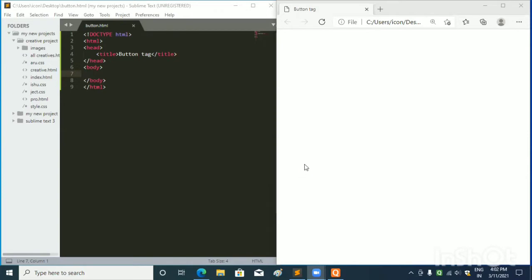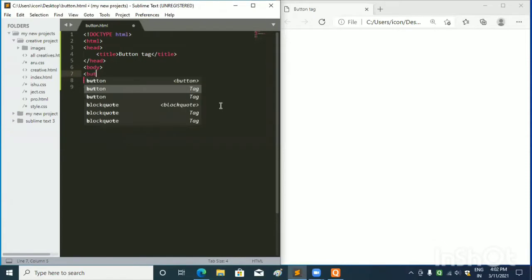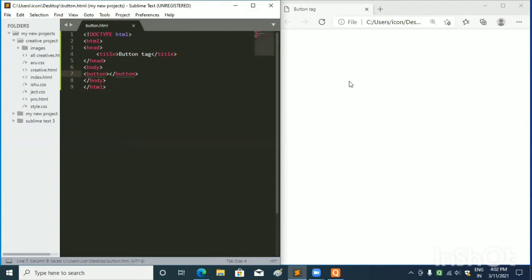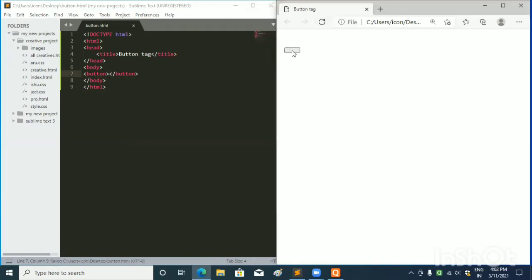So I have opened HTML document here. Let's write button tag here. I will write button tag over here. So when we save the document and refresh the browser, you can see here button, but it is a blank button.